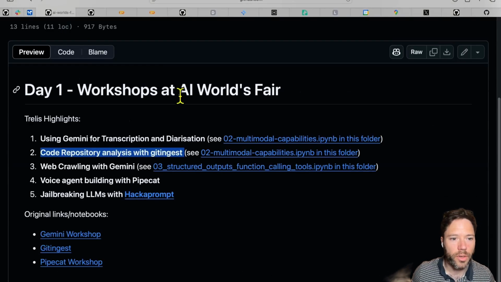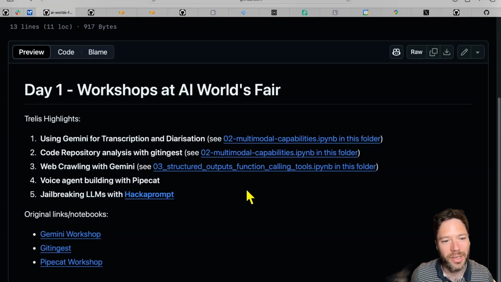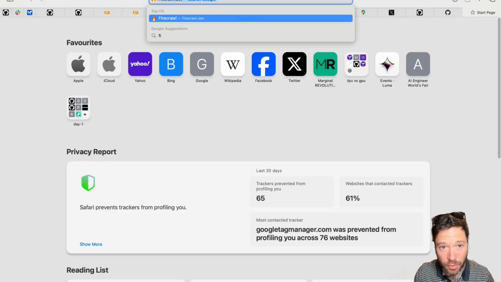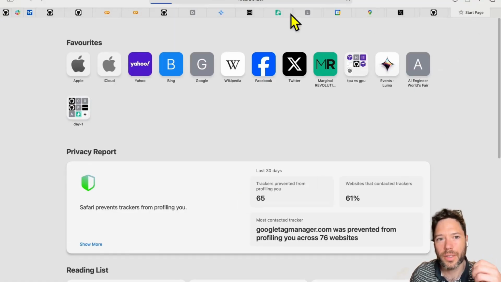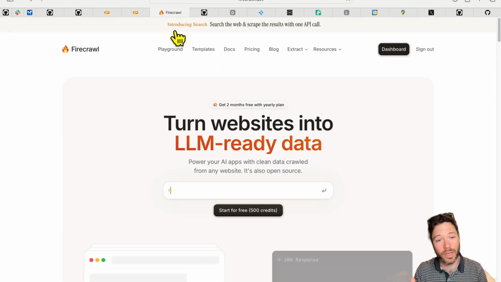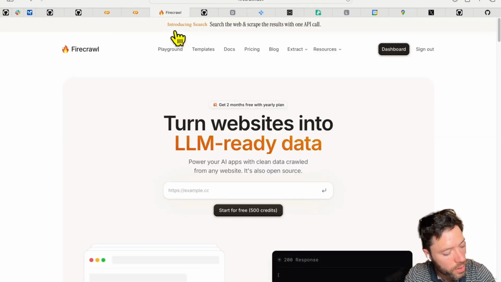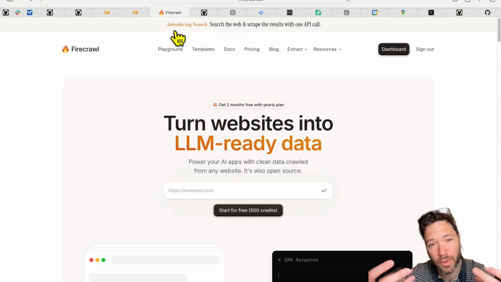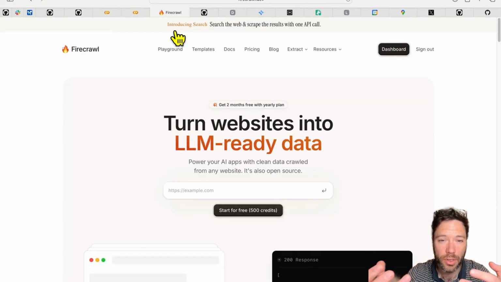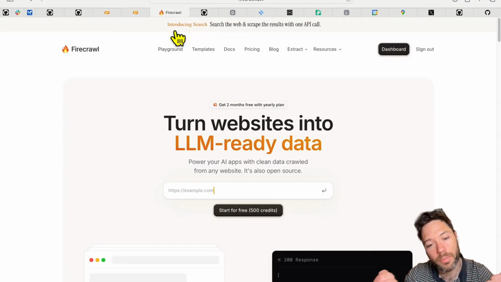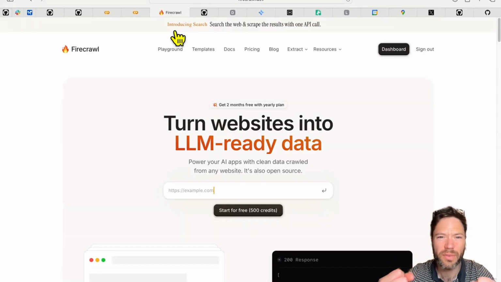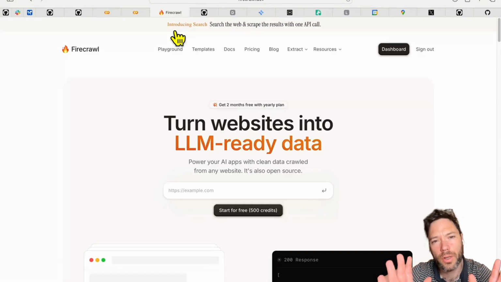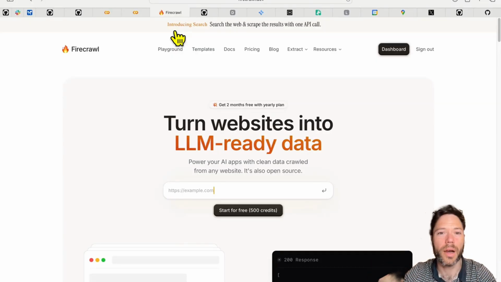All right, moving on swiftly again, web crawling with Gemini. So many of you might be familiar with something like Firecrawl. If you are trying to get content from a web page, say you're just searching with an agent, or say you want to just get context for an LLM, you're going to either go to the web page and scrape it if it's static, but often now they're JavaScript, which means you need to set up a browser like Puppeteer or Playwright. But setting up those browsers is kind of a pain. And even then you might have to click through the cookies, or you might have to X through a paywall or things like this. So Firecrawl kind of abstracts all of that and just gives you back Markdown pretty quickly.